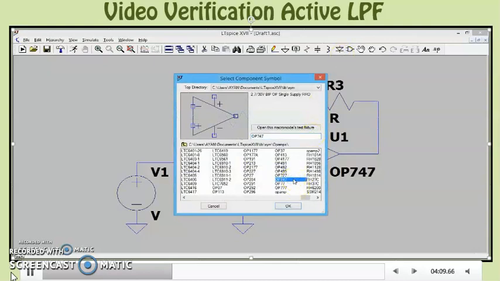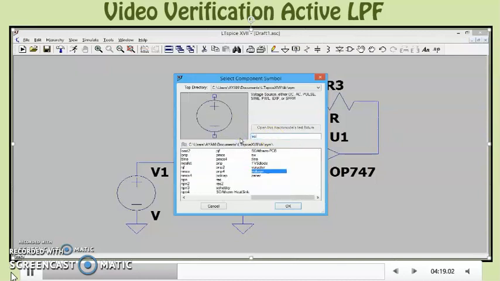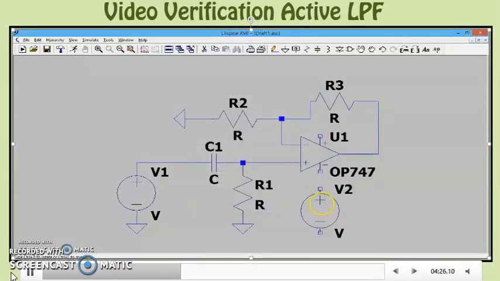We know that when we make use of op amp, we need to connect plus VCC and minus VCC. So we will write voltage here and select the voltage sources. We will be placing two voltage sources, one as plus VCC and the other one as minus VCC. So this is being rotated and placed as minus VCC. This minus is connected to this minus that is appearing.